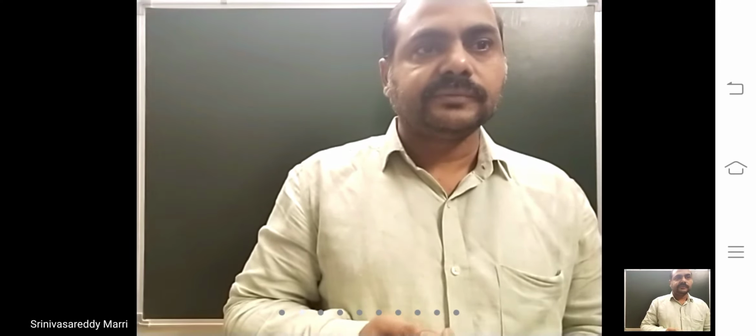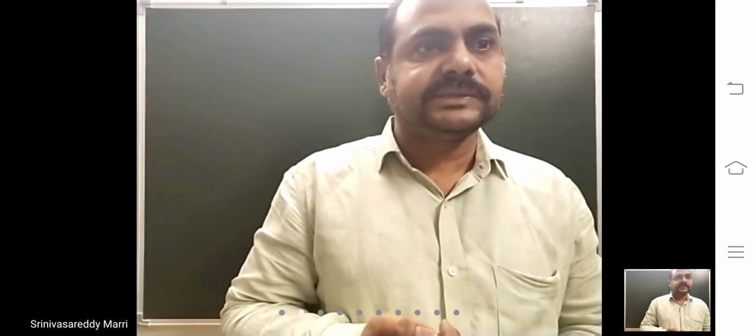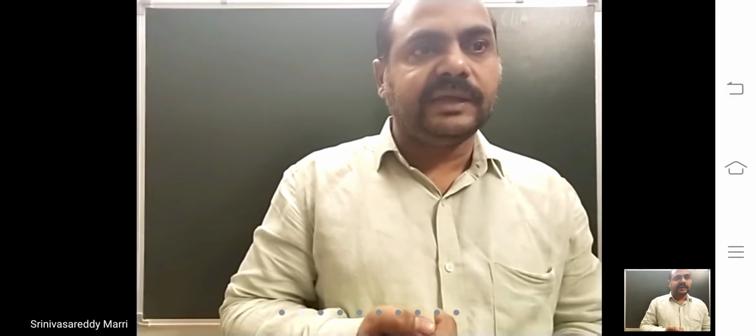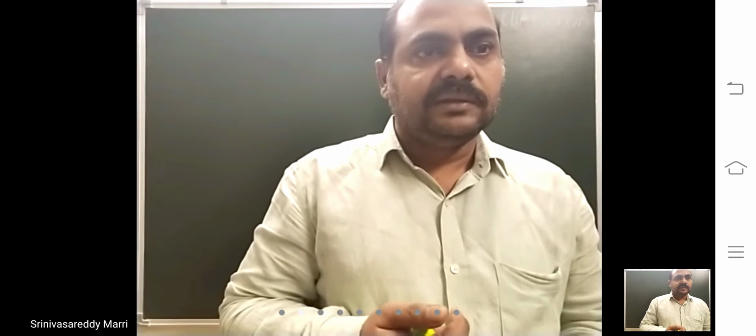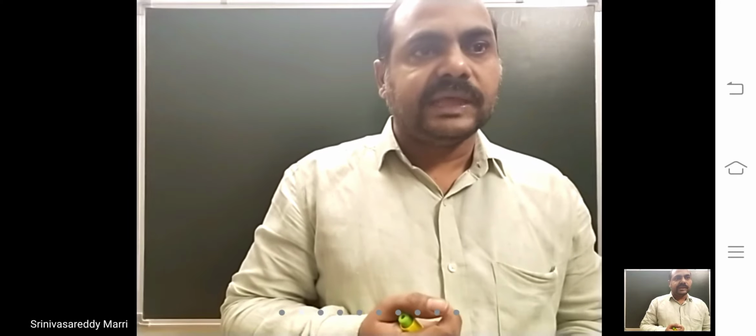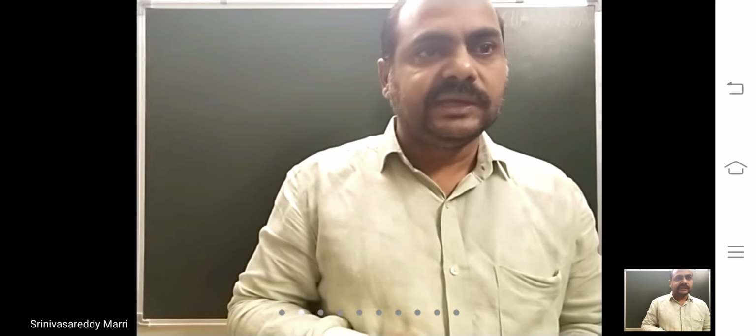Then critical points of f of x, that are f dash x equal 0 points and f dash x does not exist. That means where it will become infinity or not differentiable. After finding those critical points, you mark them on the real number line. Then give the signs for f dash x in the intervals so formed. Plus intervals means f dash x greater than 0; there f of x will increase. Minus intervals means f dash x less than 0; there f of x will decrease.